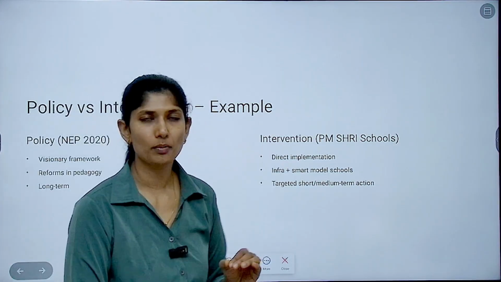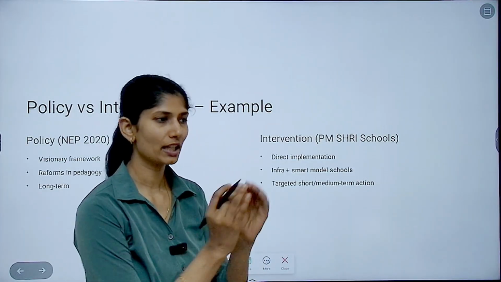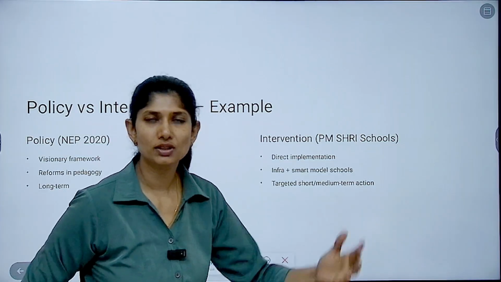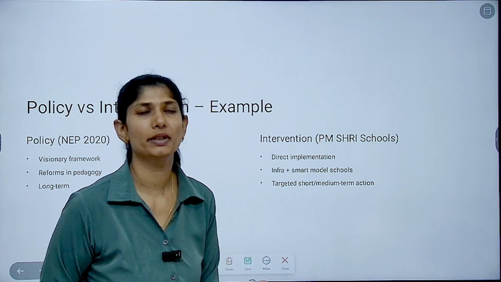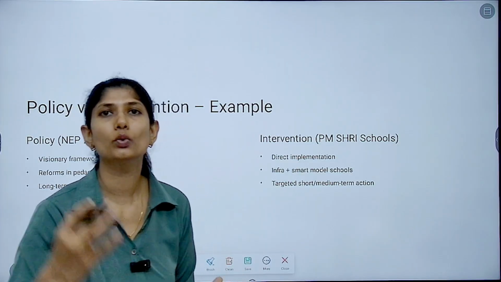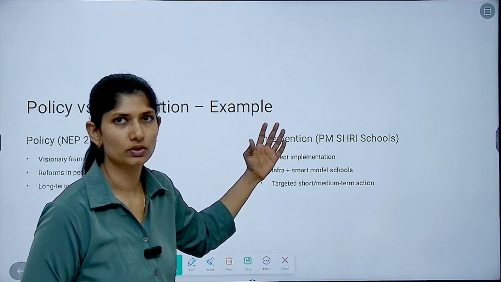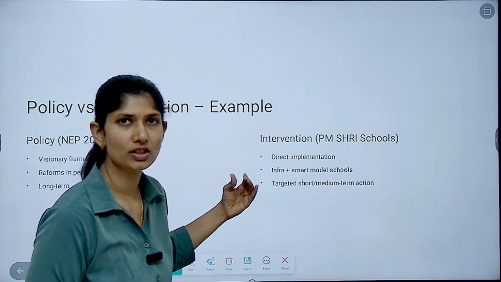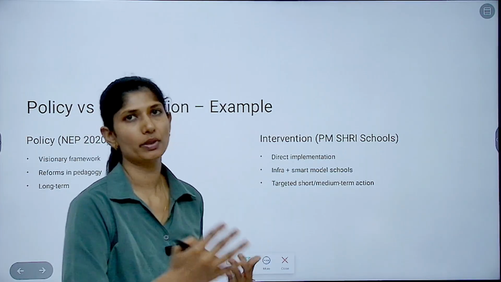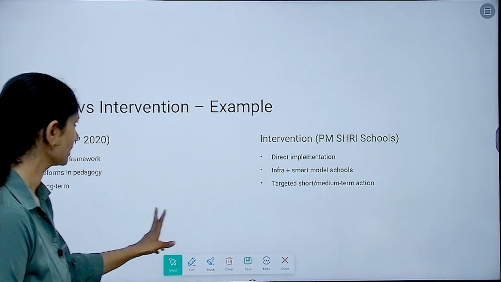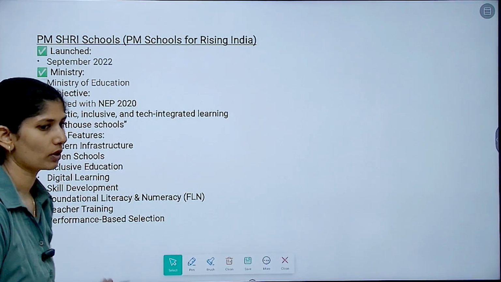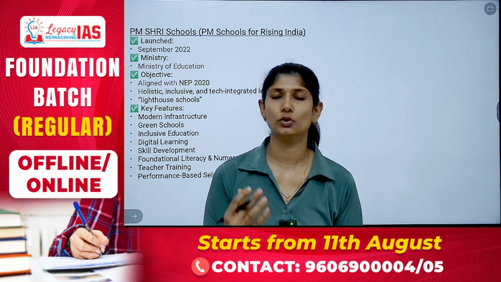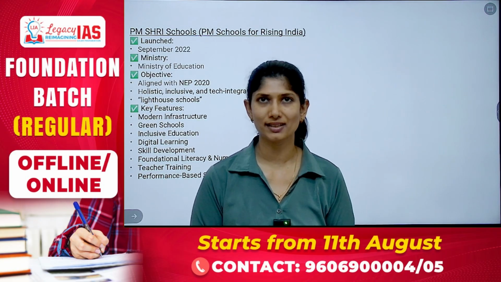To do something about that, let's say I will create a model which other schools in other union territories and states, everyone, can implement. For example, I would call them lighthouse schools, model schools, which will have the same features and be in consonance with NEP 2020. Understanding? Now, because we brought in PM Shri schools, throughout the video we will be discussing the content with respect to particular schemes, policies and interventions.